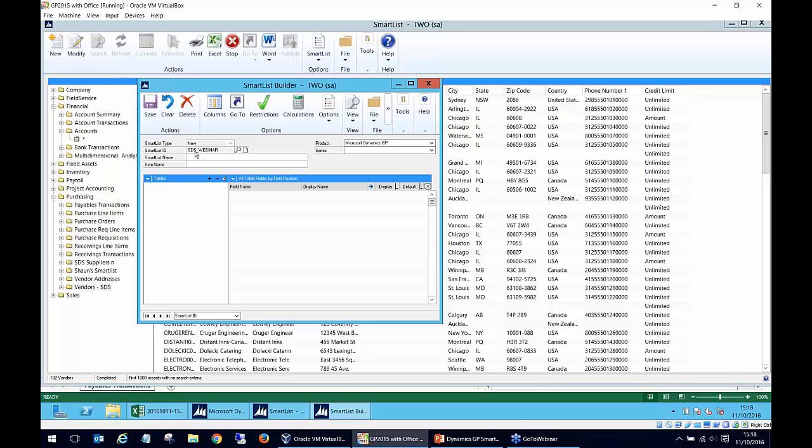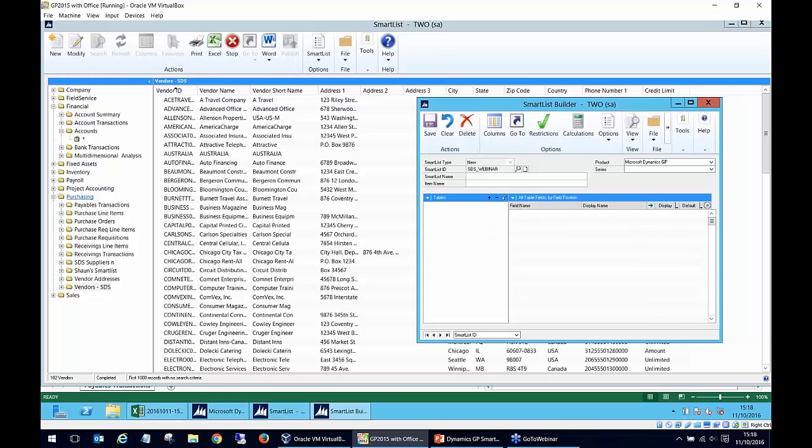Smartlist name is the name that's going to appear here. So if I say Shaun transactions or something, it's going to say Shaun transactions here as a folder type thing. And then item name is just whatever you want to give the Smartlist name as it appears in an Excel export on the actual worksheet name. So if I say Smartlist name is, we're going to say GP webinar,